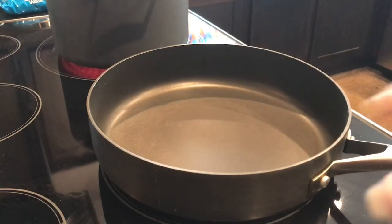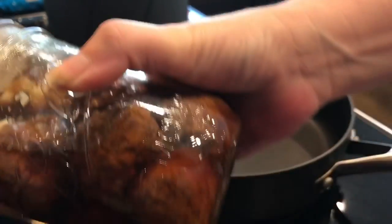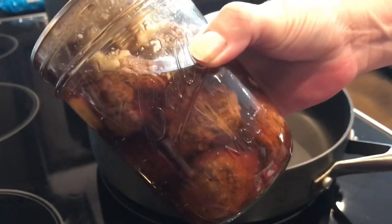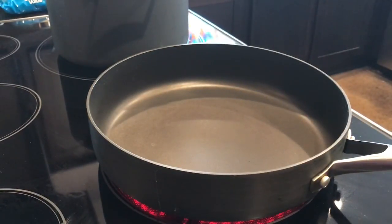Today I want to show you how I use my home canned items, and today we're using our canned meatballs, and I will have a video up shortly on how to can those, but we are going to make Swedish meatballs today. So we're going to start out